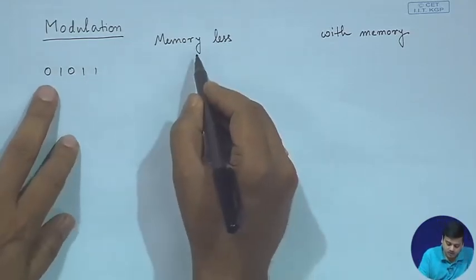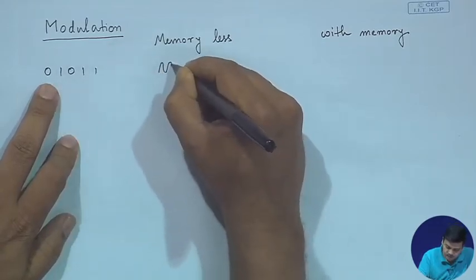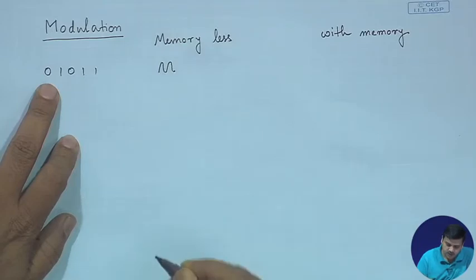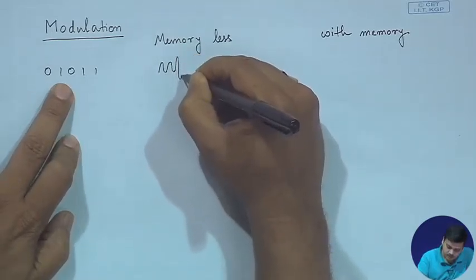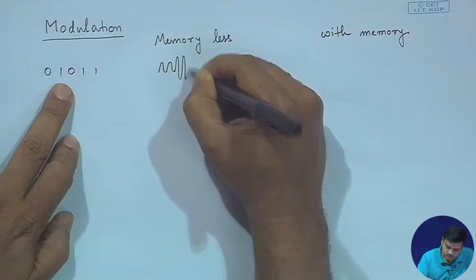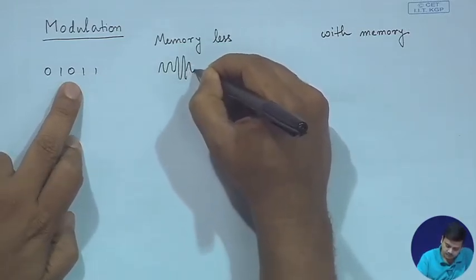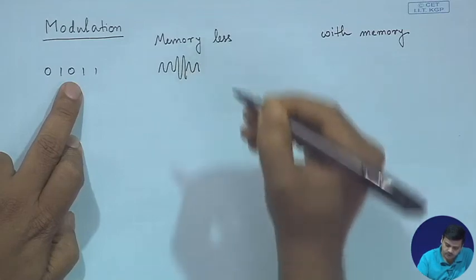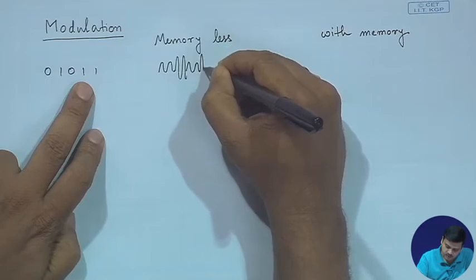A memoryless modulation would map this particular 0, let us say, to a waveform which is here, and then let us say a 1 to a waveform which is here, and then a 0 again, right, to this one, and again a 1 to, let us say,